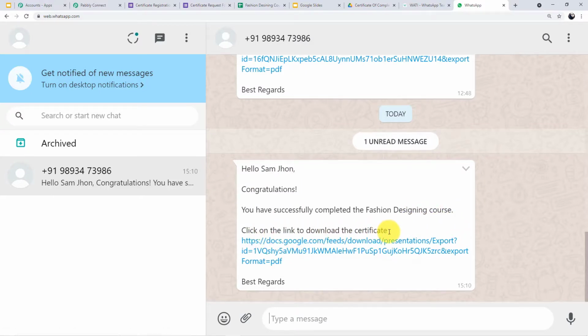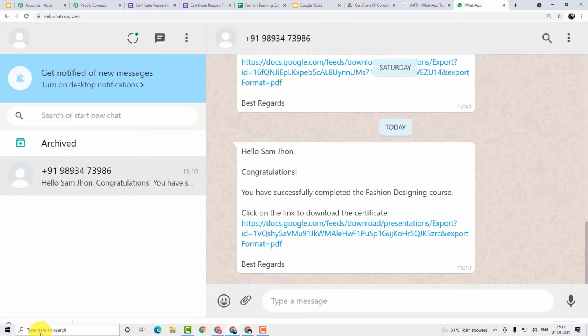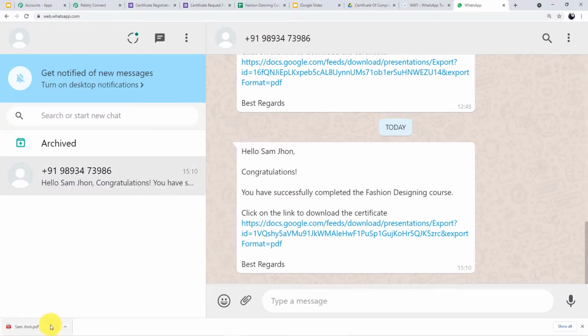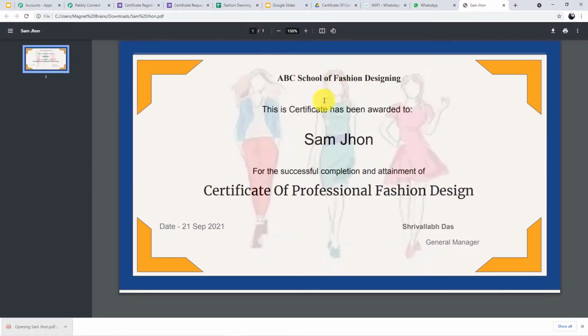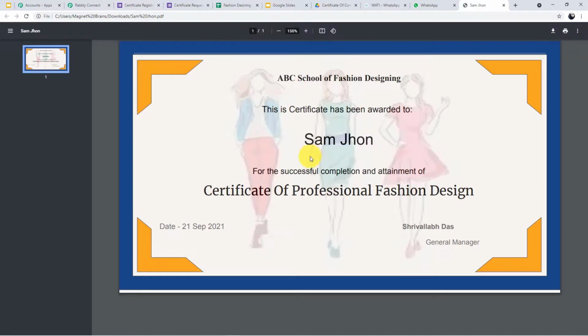Click on the link to download the certificate." Let's see the certificate of Sam John. Okay, you can see the certificate has been generated under the name of Sam John. You can see the name of the student, the date, and the course name. So we have successfully integrated all of the applications, and you have seen how the automation works.